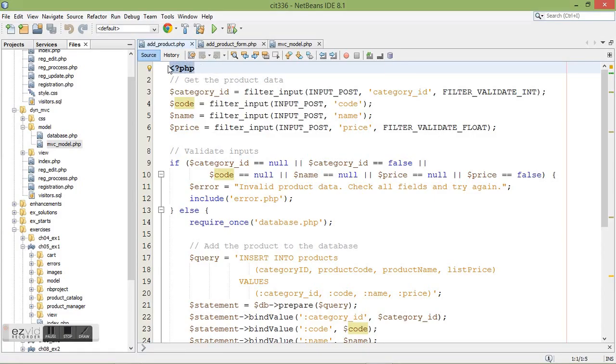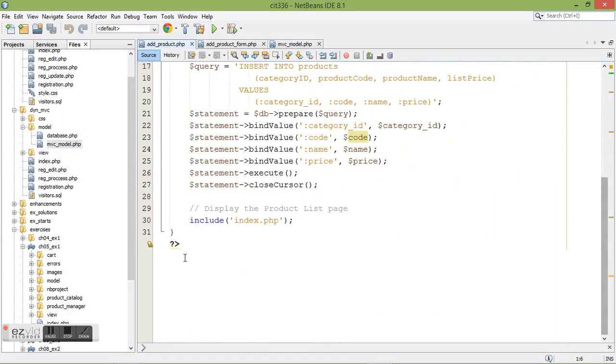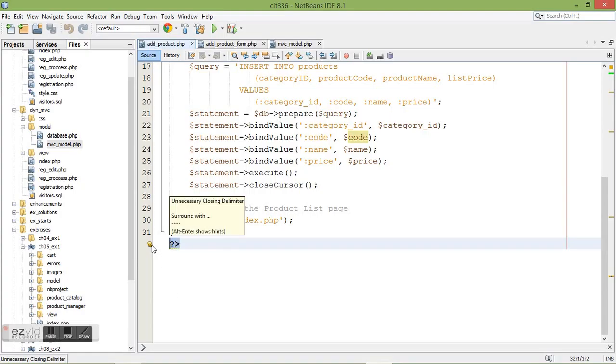But yeah, so now we're going to talk about syntax for PHP. A PHP code block always starts with the same thing: the less than, question mark, and PHP. We probably know this because we've used it a million times this semester. If you scroll down, this is how you end a PHP block, with a question mark and greater than. But if there's nothing under it, you don't really need it. You can see it says it's unnecessary, so I can go ahead and delete that, and my code should run